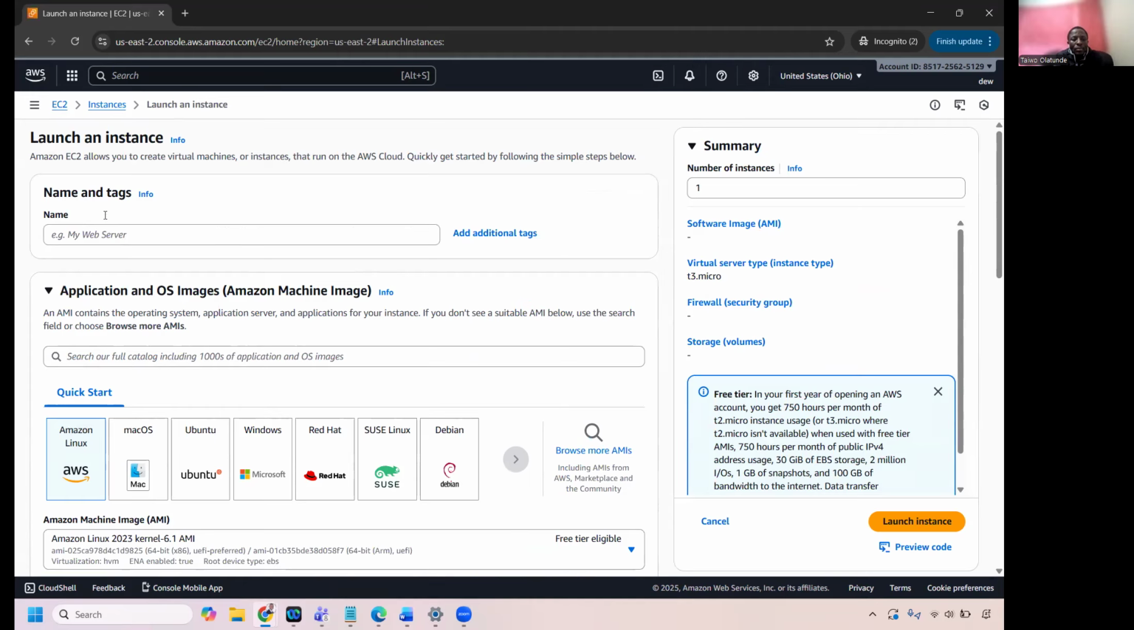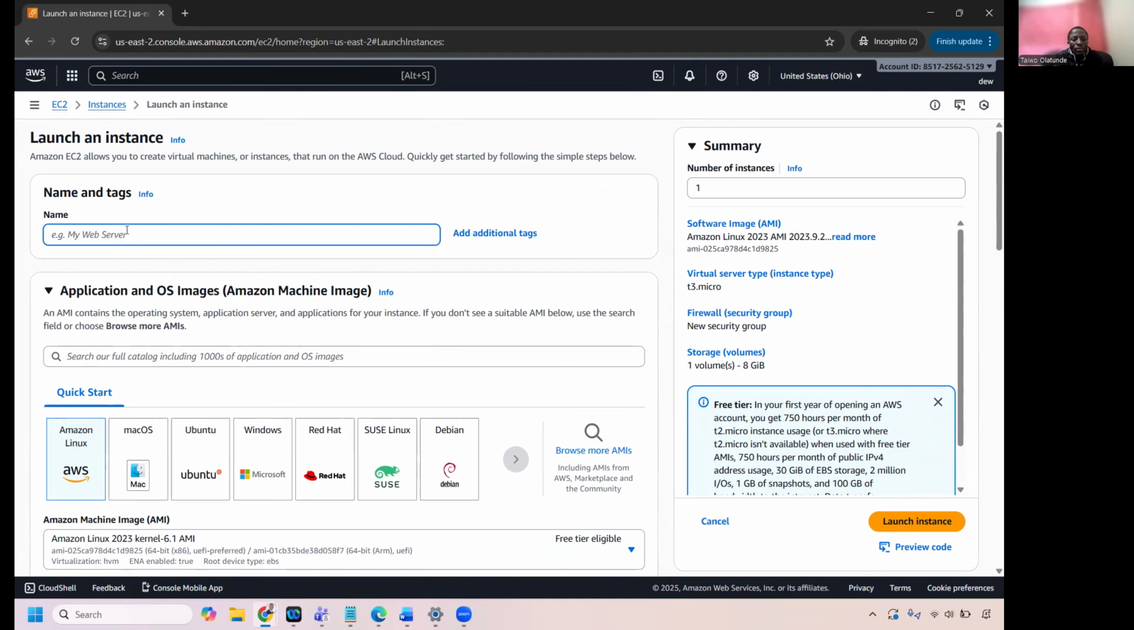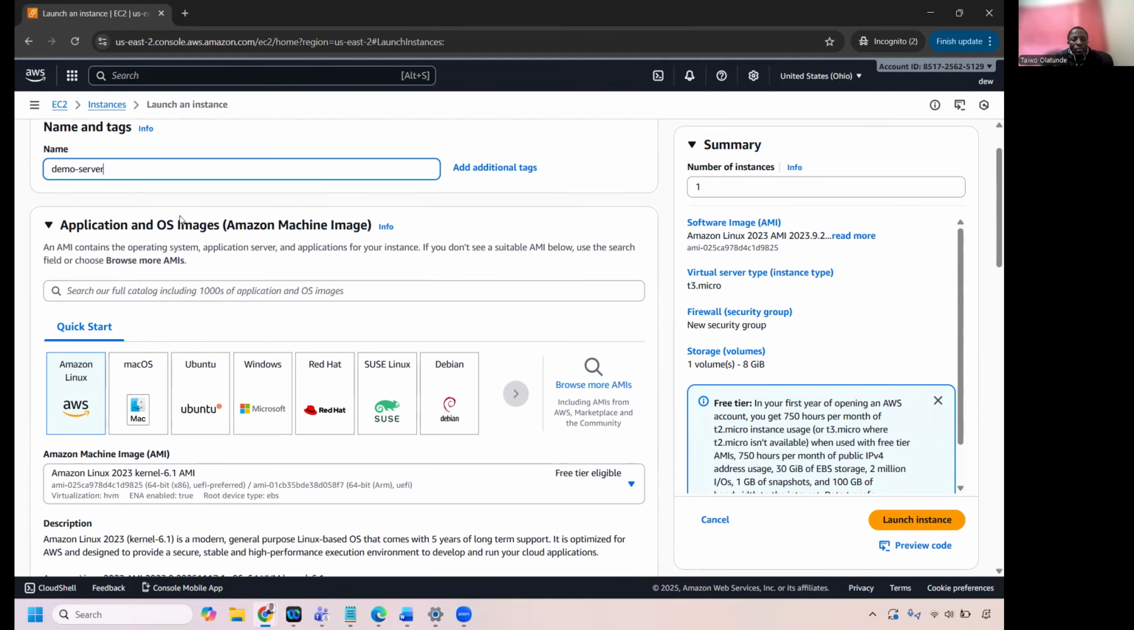and I have to put the name. The name, let me say demo server. Just put the name. Then I have to choose the AMI. So AMI is Amazon Machine Image. So it's just like